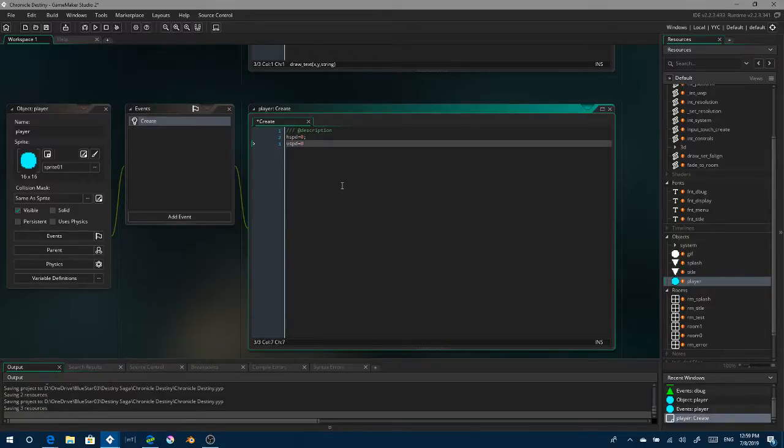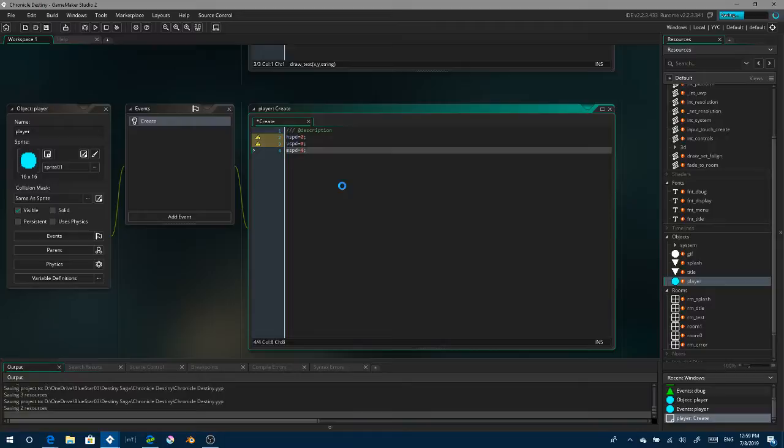ESPD equals 0. MSPD equals 4. That's the main thing I need right now. And for the step event,